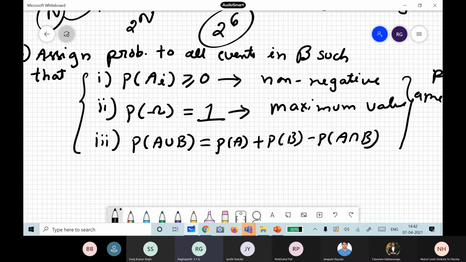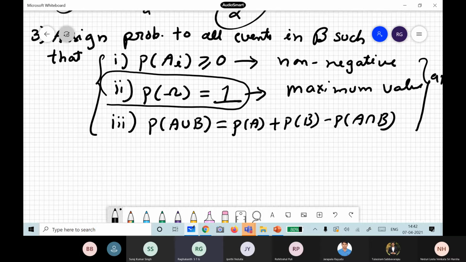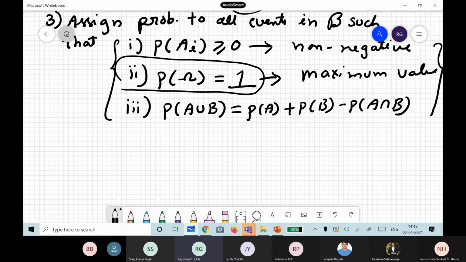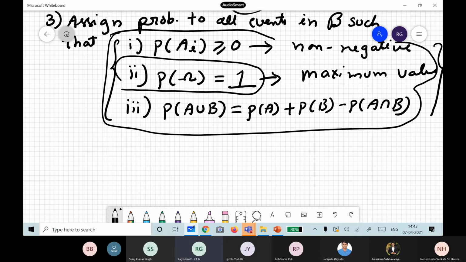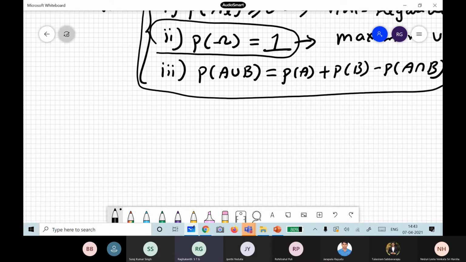This is the restriction we impose in probability theory itself. So you have a sample space and an event space, and to all these events you assign probability. You can assign any probability you want, 0.2, 0.3, or 1 by root 2, 1 by root 3, whatever, but it should satisfy these 3 constraints: non-negativity, normalization, and the property of adding 2 or 3 events. That is how probability is defined.